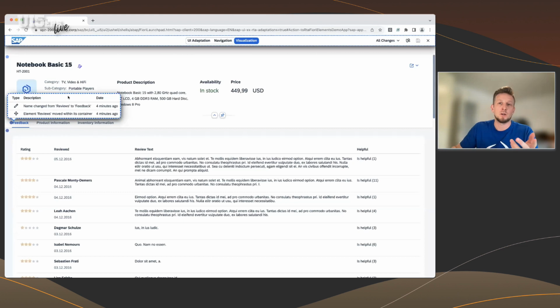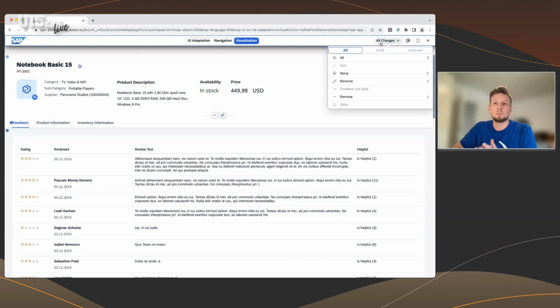So we have some very change type specific information. And yeah, you have a drop down where you can filter according to the change type if you're trying to locate a particular change, or you can also filter according to the state. So right now we don't have any change in the draft, but for example, let's say we make a few changes,